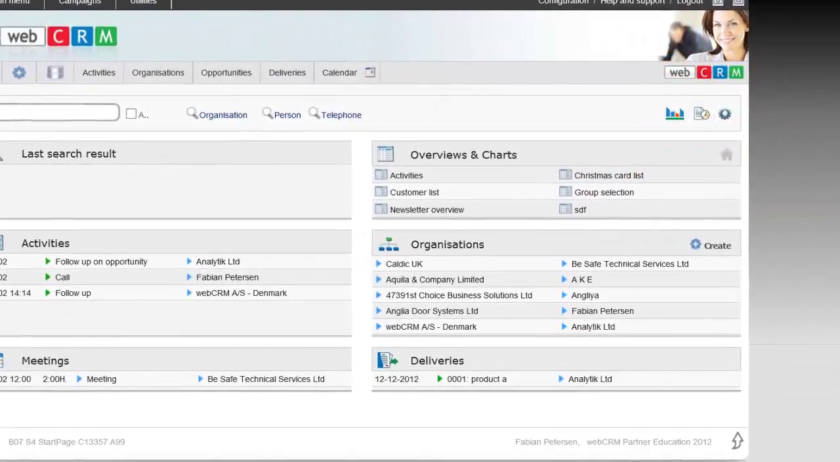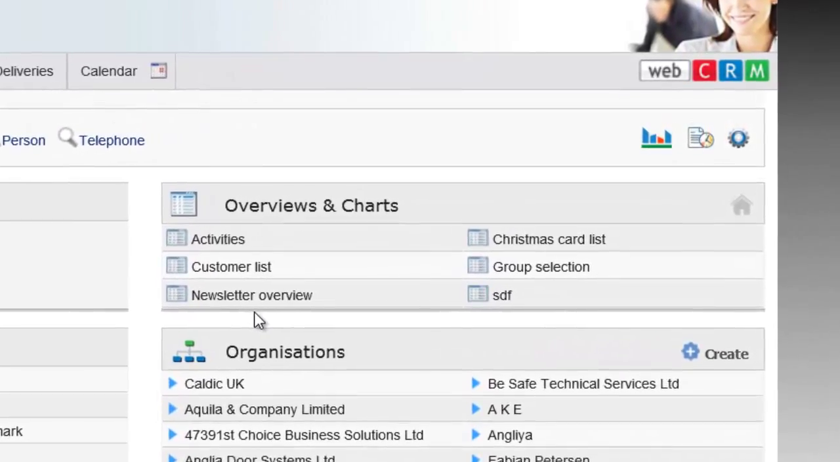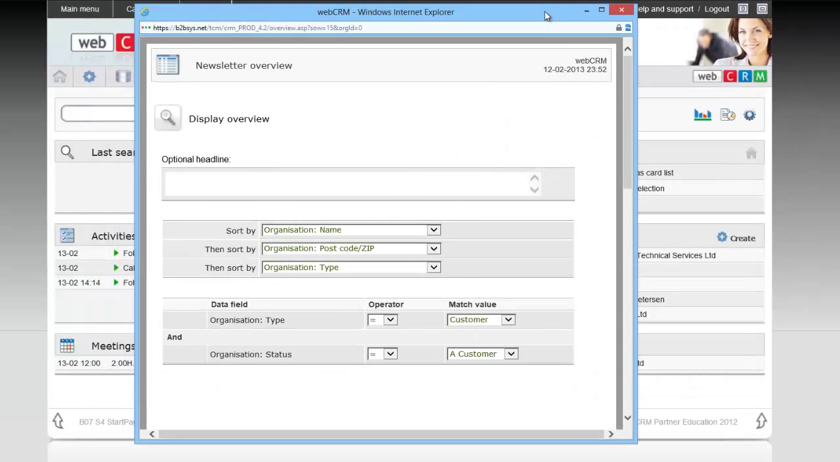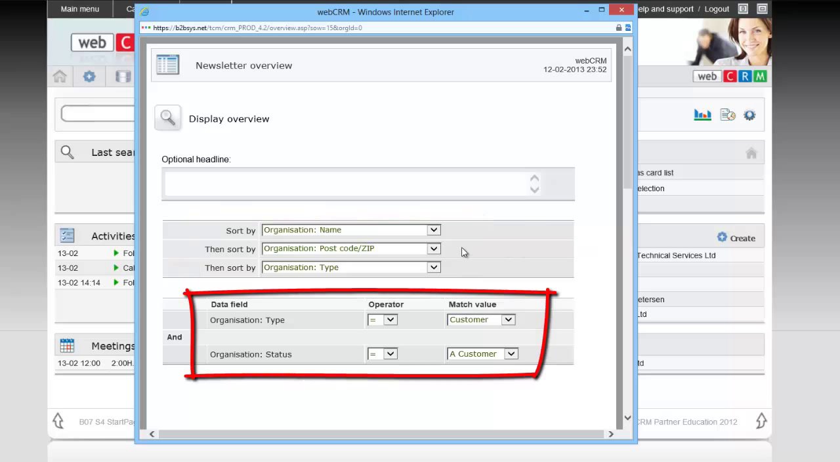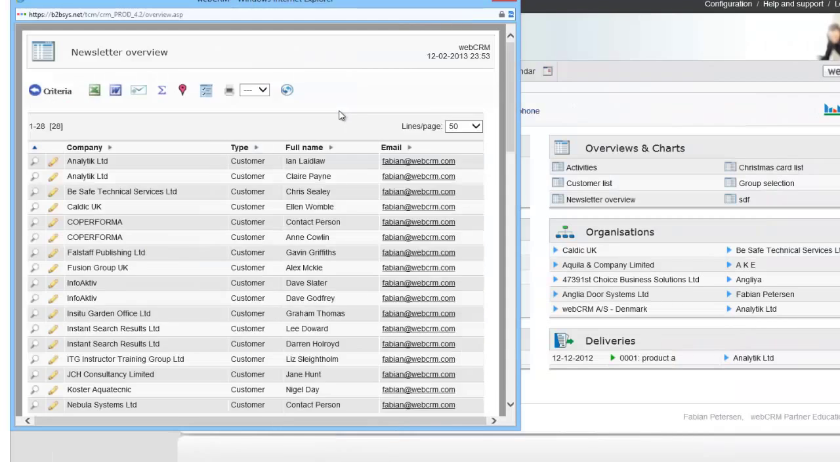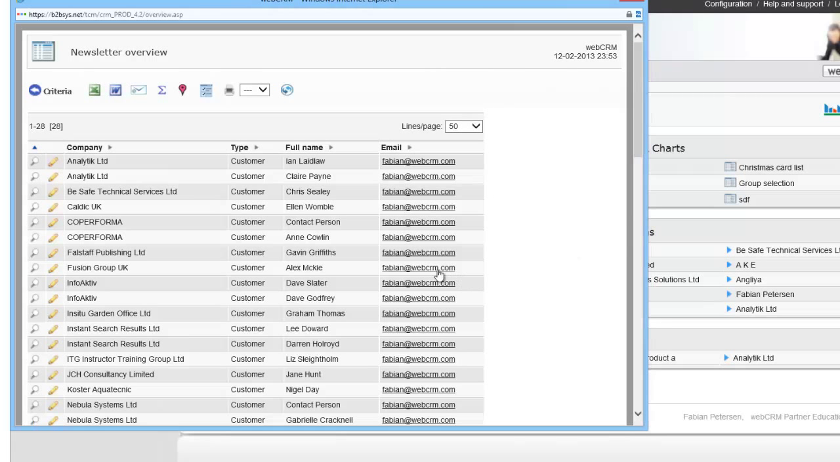Your overview is now ready to find your segmentations, and your newsletter is ready to be sent out to your recipients, so you must therefore begin by starting up the overview here. First, choose what sorting you want in the overview, and choose the type and status of which will form the basis of your broadcast, and click Display Overview. You now see the result of your filter. Click on the email icon to send your newsletter,